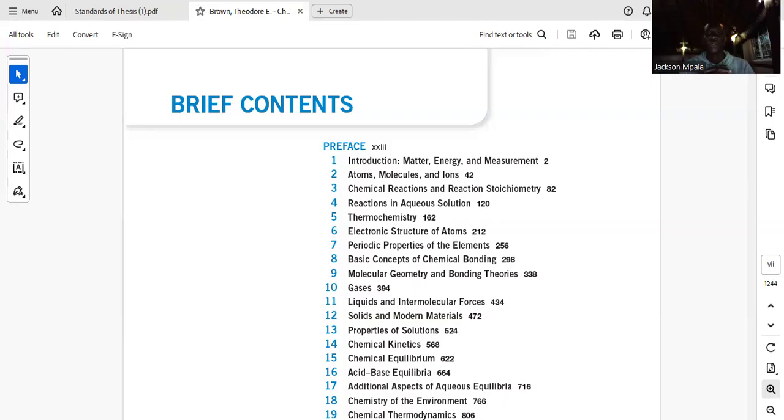Then chapter 4, those are reactions in aqueous solution. We look into that. Then thermochemistry. I'm just going through, we are not actually going to waste much of the time there. So please take notes of the different aspects that we shall be looking into in this wonderful textbook. There are also issues of electronic structure. So we're going to dive into the different aspects of the electrons, electronic levels and so forth, which in fact, if you have done a lot of chemistry in terms of the foundation, I believe by now you're going to understand all those different aspects.